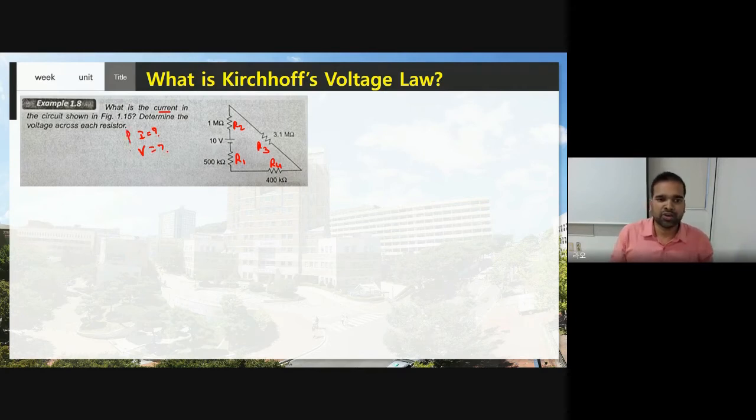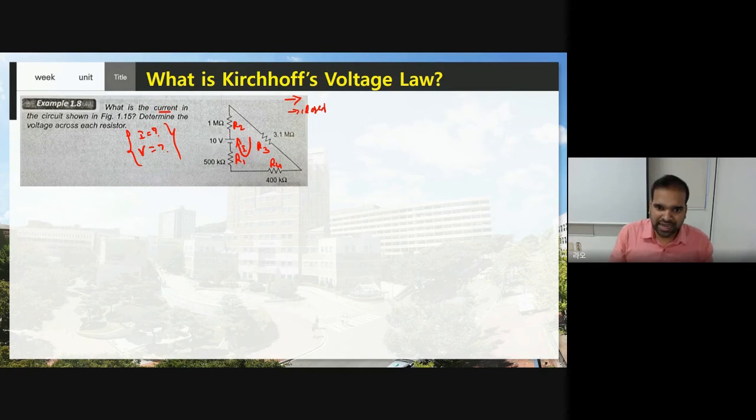second unknown parameter here. Now see, can I apply KVL? Let us check. It has some branches. Okay, clear. And it is a closed loop. This is very important. It is a closed loop, then I can apply KVL. Now, did they give any current direction? No, they didn't give. So we need to consider some current direction. Here I have considered my current I is flowing in this direction.